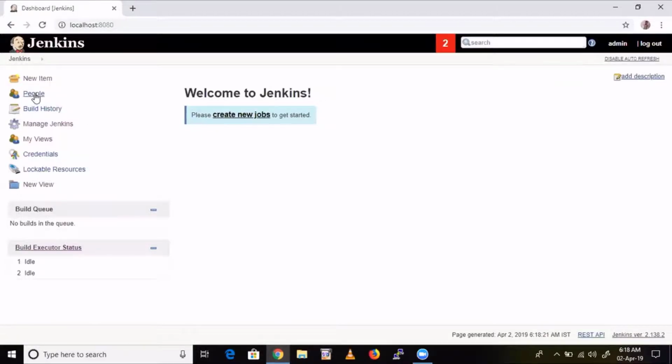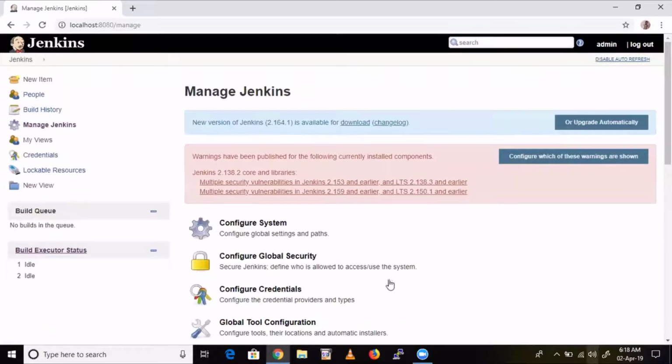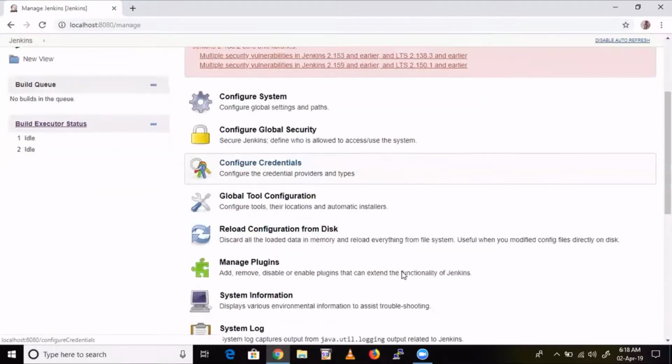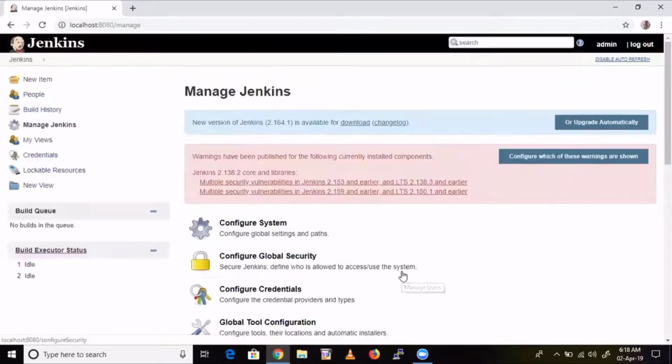From here we are going to create users, groups, all administration. The main important thing here is Manage Jenkins. This is kind of like the settings option in your mobile. Whatever you do to Jenkins, everything you are going to do from here. Each and every setting we'll do from here. And